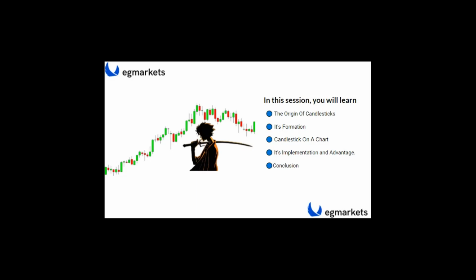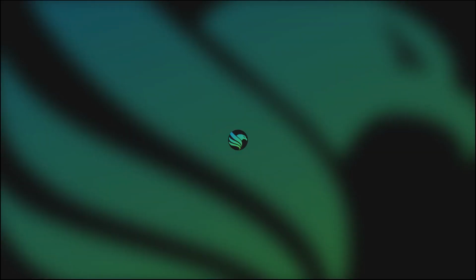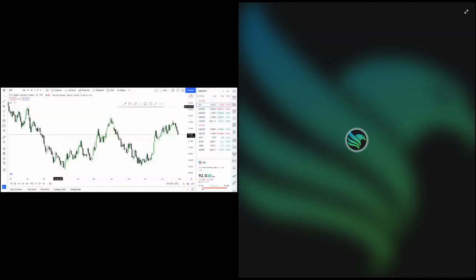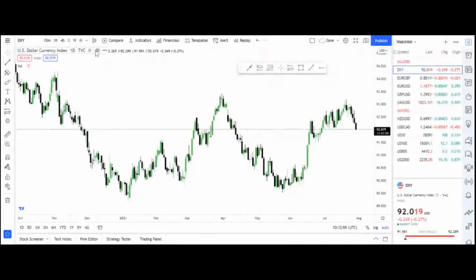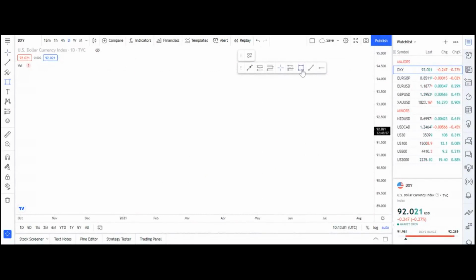Now, how does a candlestick form? I'll be sharing my screen right now. I dropped a chart on the Telegram group. A lot of people saw it and did not react to it. Whoever saw it and did not join the webinar will miss out, because I'll be explaining what was on that chart in the webinar. So let me just hide all of this. I'll be using a diagram to explain the Japanese candlestick.